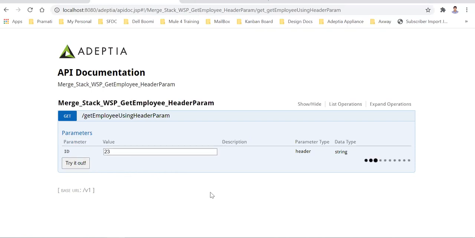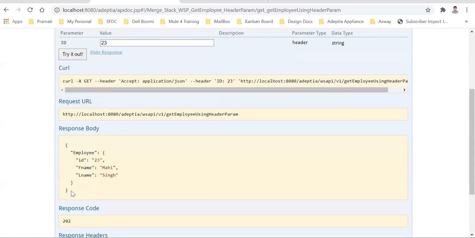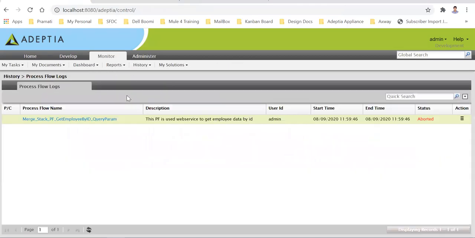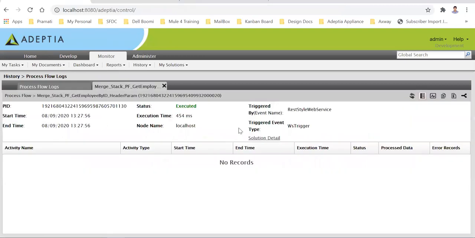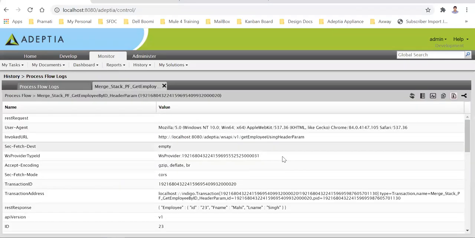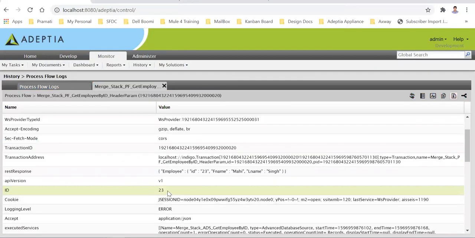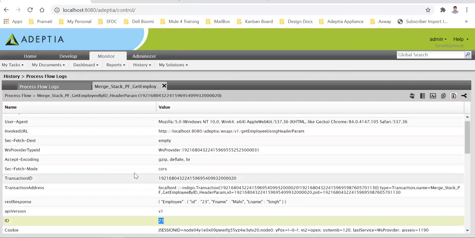Let me pass this value, 23. For 23, we have data missing. Let's quickly go to the monitor section and see whether this ID is created as a context variable or not. We have just invoked this one. If you see the context variable now, this is what was created, 23.